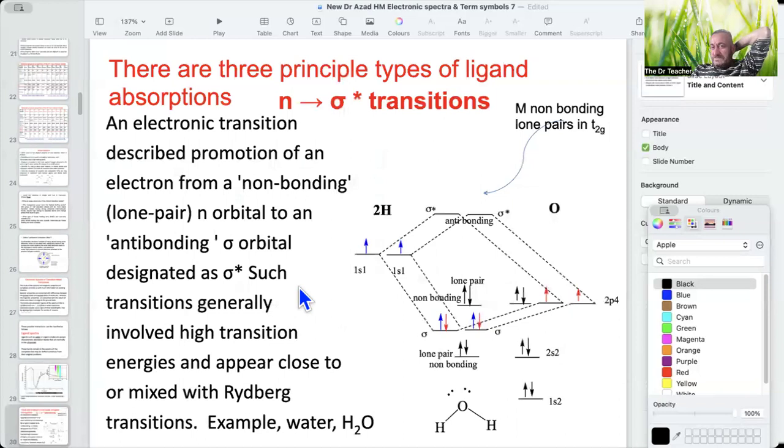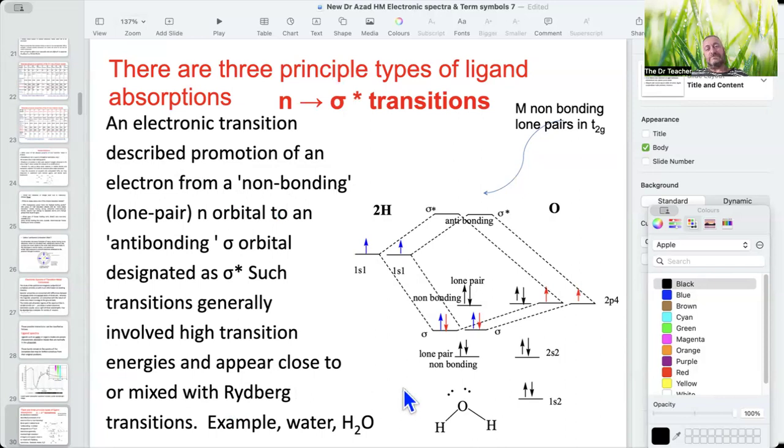So there are 3 principal types of ligand absorption. There is n to sigma star transitions. Electronic transition describes promotion of an electron from a non-bonding lone pair, n orbital, to an anti-bonding sigma orbital, designated as sigma star. Such transitions generally involve high transition energies, appear close to and mixed with Rydberg transitions,